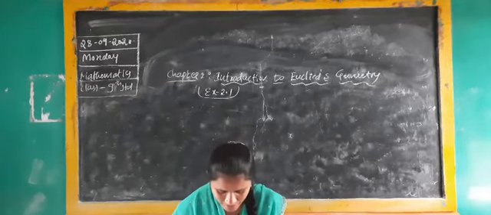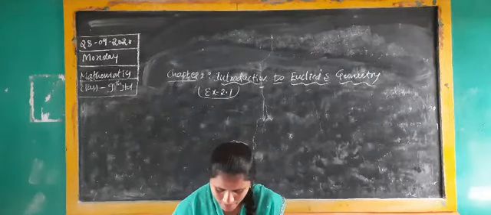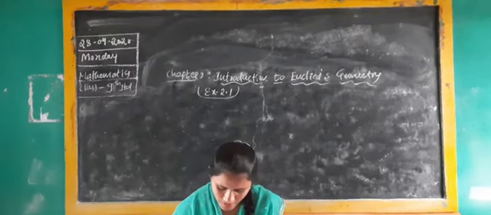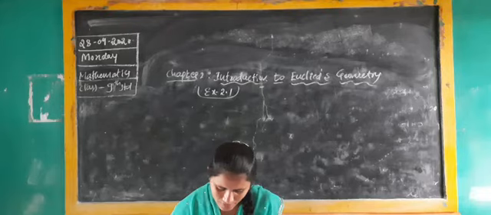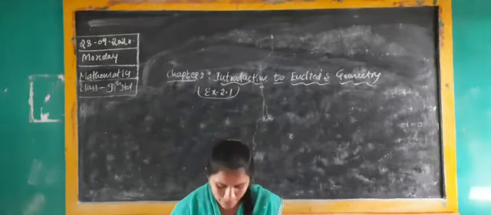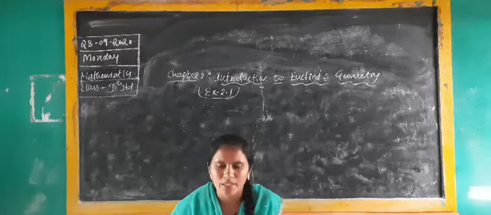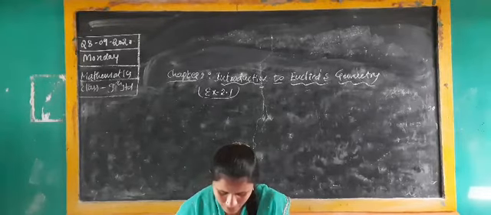If a point C lies between two points A and B such that AC is equal to BC, they are given AC is equal to BC, and also the two points A and B. Then prove that AC is equal to 1 by 2 AB. Here you have to prove AC is equal to 1 by 2 AB. Explain by drawing the figure.